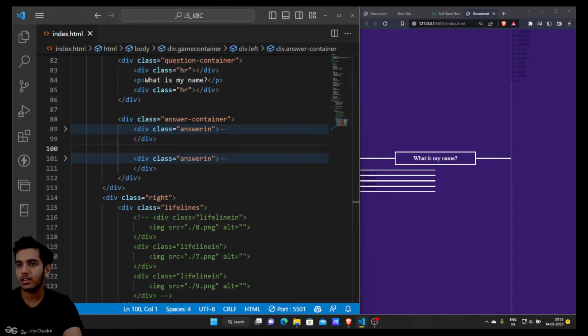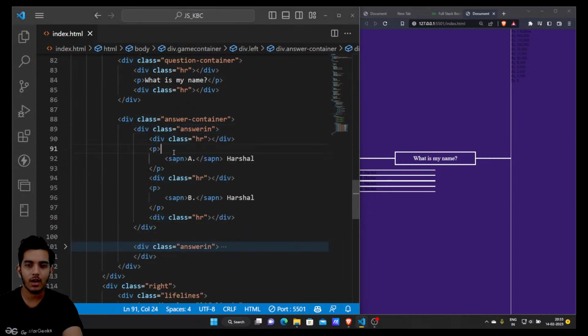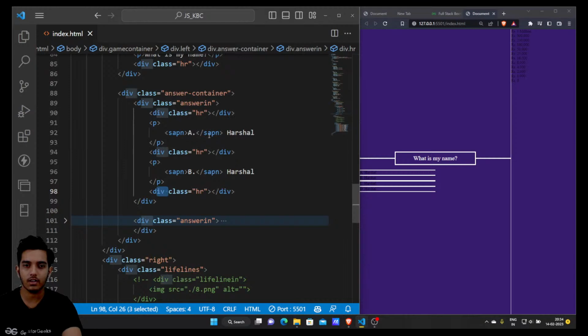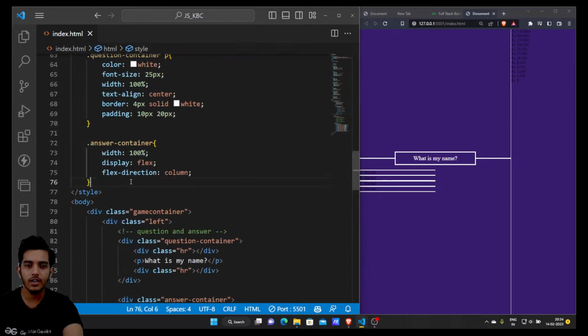So now I'm going to target the answer in container, which will have my two options. Okay, each answer in container will be having two options. First is the A, second is the B. Then we have a few horizontal lines here. Okay, so just make sure you have targeted, we have mentioned the classes here. Okay, so now what do we need is